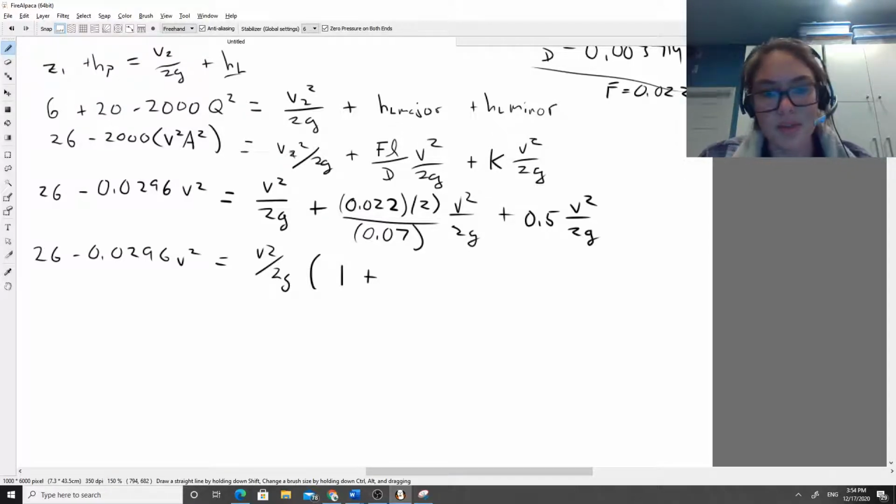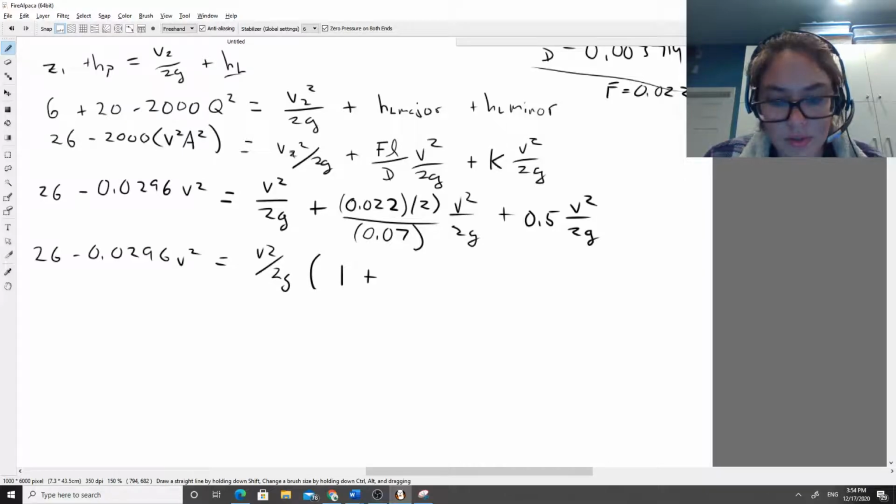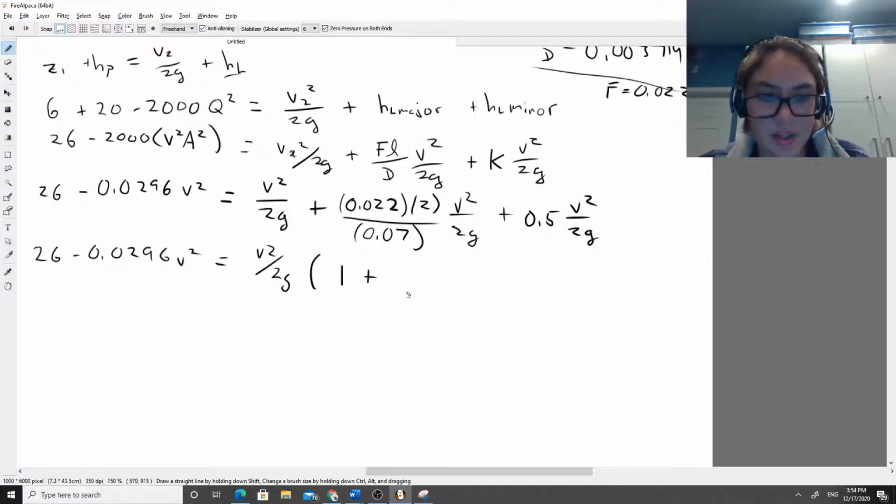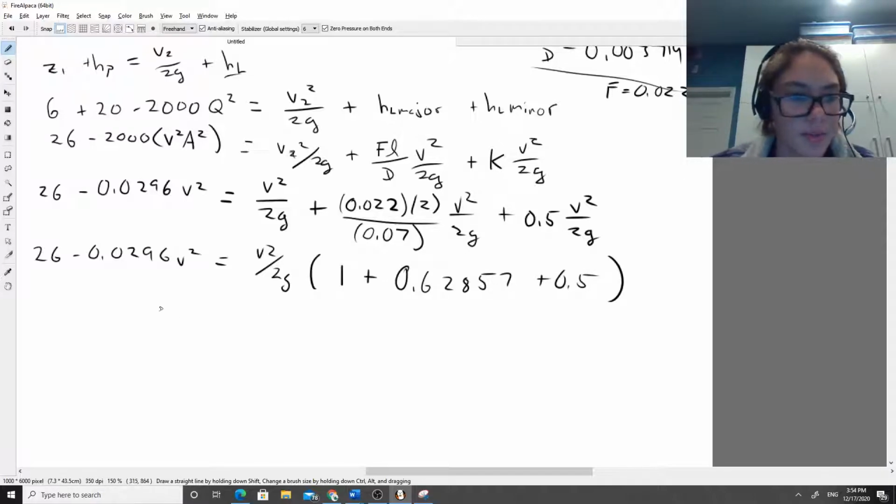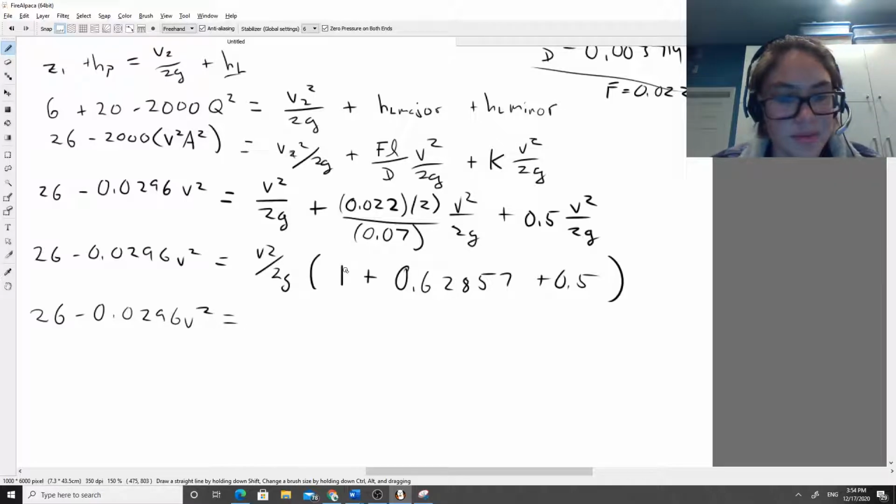We have 0.022 times 2 divided by 0.07 is going to be equal to 0.62857 plus 0.5. We can go ahead and rewrite this once more. 0.0296 V squared is equal to, if we add those 3 numbers together,